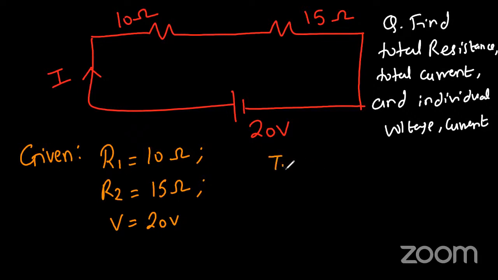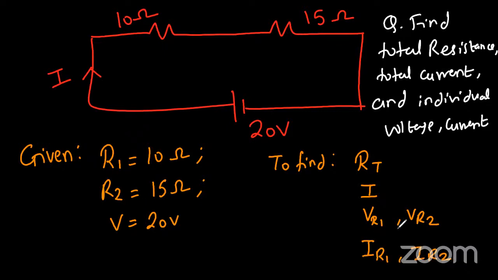उसके बाद let's start the to find. मुझे क्या क्या find out करना है? Total resistance, that is RT. Total current, that is I. Then VR1 find out करना है. VR2 find out करना है. IR1 फाइंड आउट करना है एंड IR2 फाइंड आउट करना है। 6 पैरामीटर मुझे फाइंड आउट करने हैं। एंड सर्किट, इट्स अ सीरीज सर्किट,